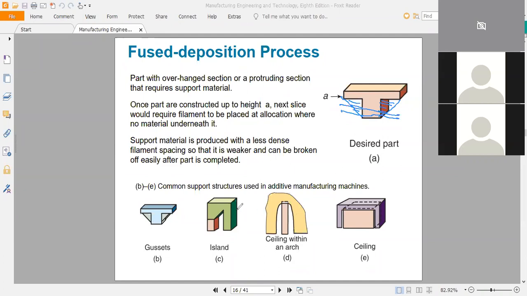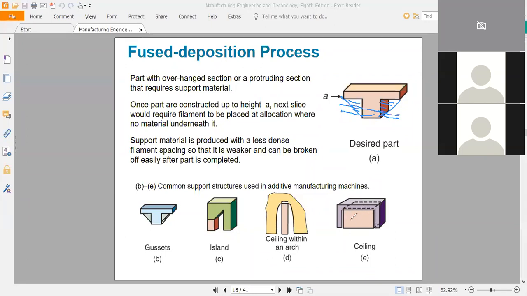So this is a product like this, right? If you have an overhang structure like this, you can make a support structure that looks like this. Similar to this, a ceiling with an arc. If you have a ceiling with an arc like this, you need to have some support structure at the center. So you can build a support structure that looks as such. Similar to this, if you have a square roofing like this, you can make the structure underneath it as